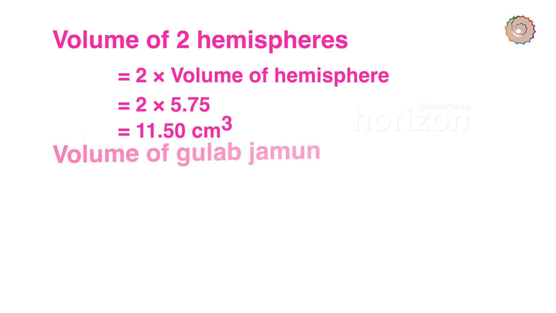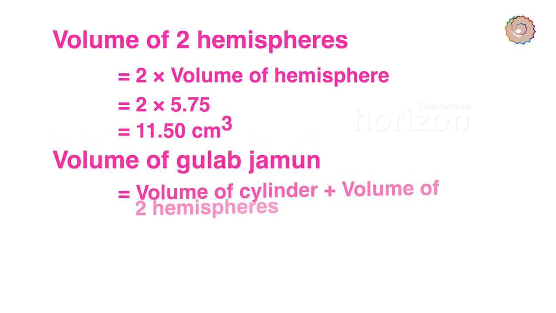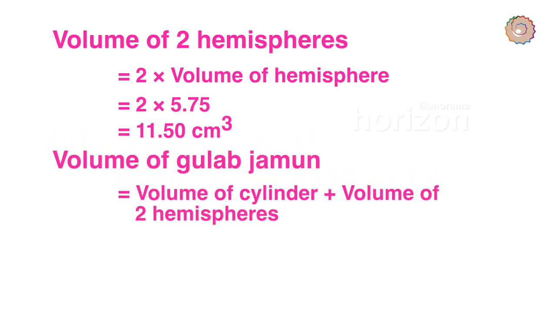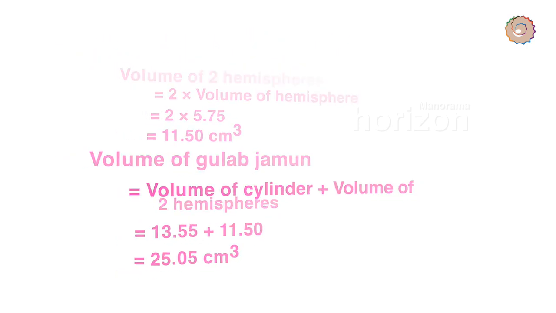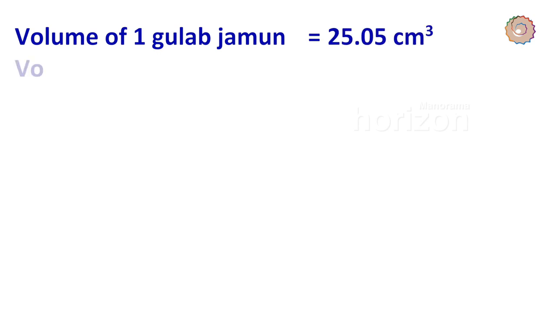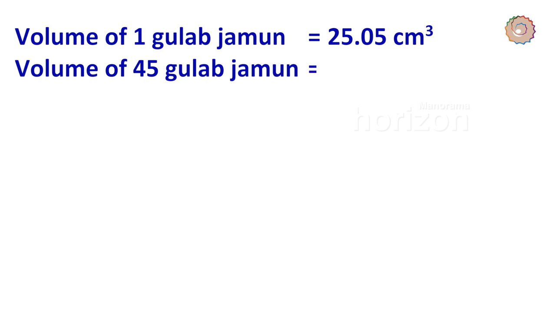Now volume of gulab jamun is equal to volume of the cylinder plus volume of two hemispheres, which is equal to 13.55 plus 11.5, which is equal to 25.05 centimeter cube. So, volume of 1 gulab jamun is equal to 25.05 centimeter cube. So, what will be the volume of 45 gulab jamuns? We need to multiply, that is 45 into 25.05, which is equal to